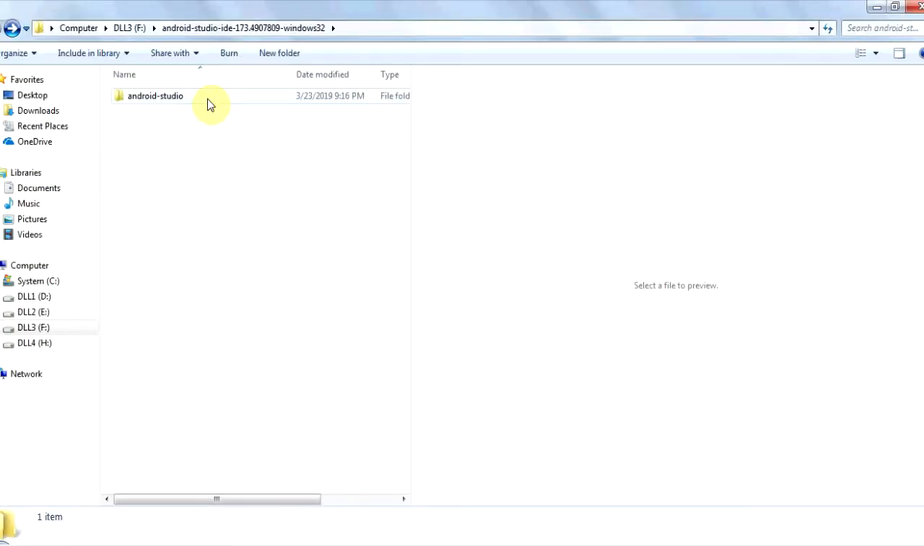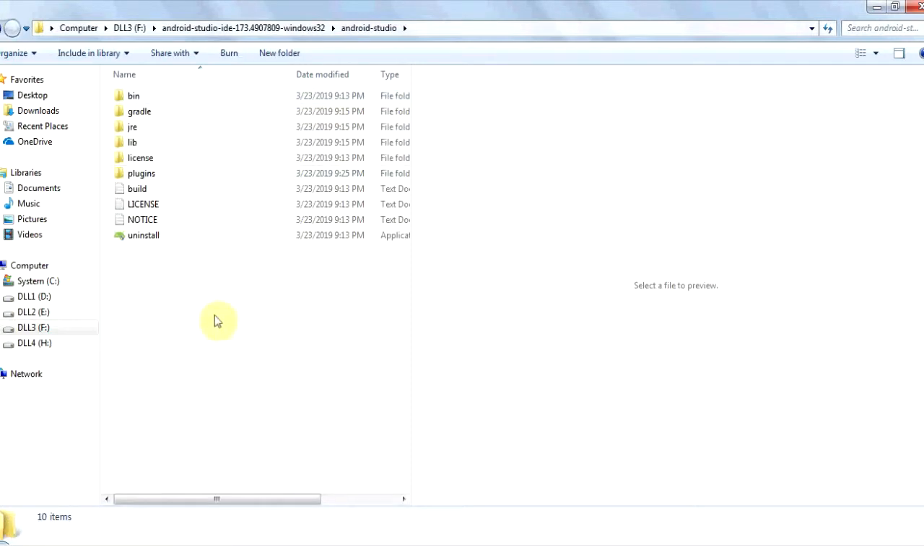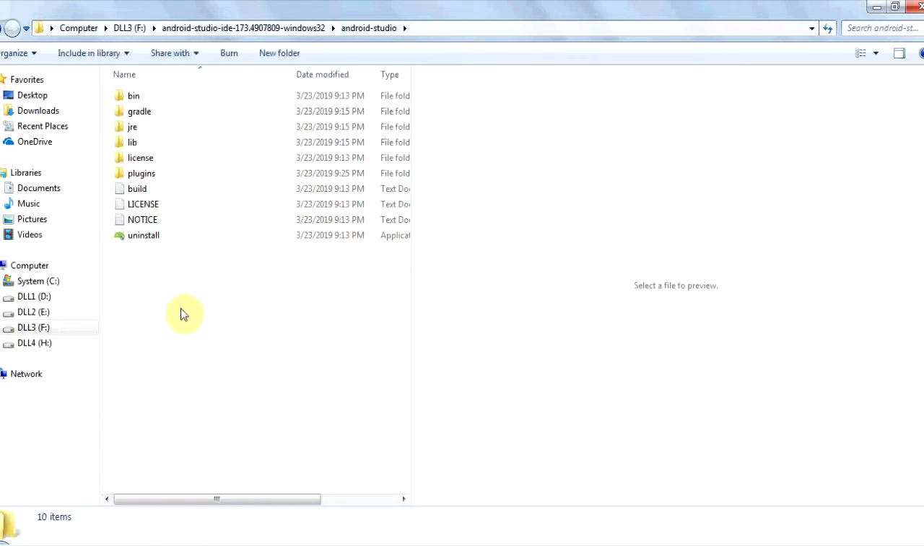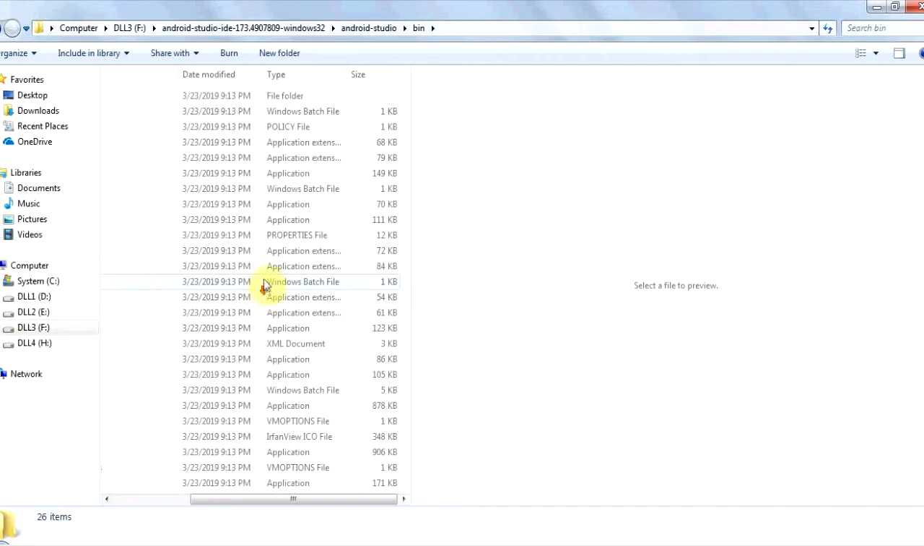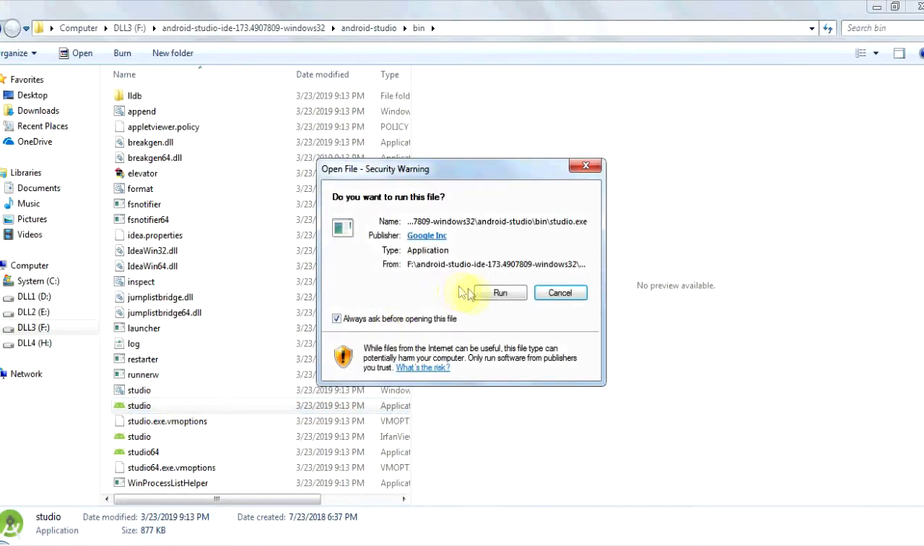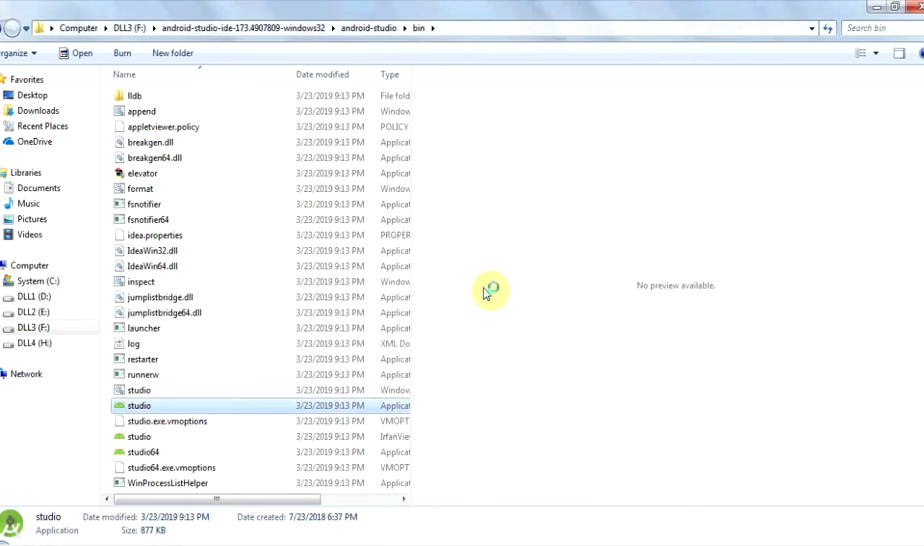Now once you have extracted the Android Studio zip file, you can go to this folder and tada, everything is here. Android Studio is here. It's just like the installer in the 64-bit version. Everything is here in the bin folder, and now we can just run Android Studio. I reckon it's from this. Okay, let's see. Click run,